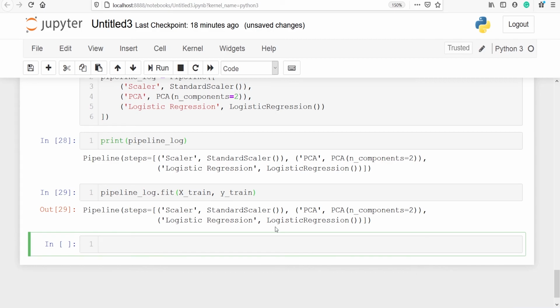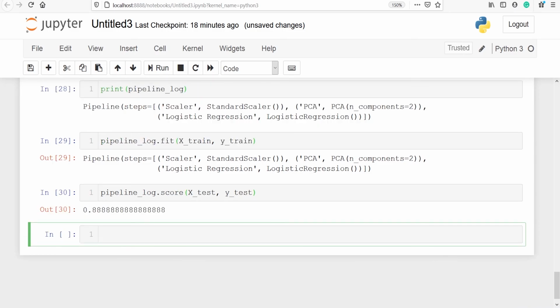So we have fitted it. Now let's calculate the accuracy. We will say pipeline dot log dot score on X test and Y test. So after applying the PCA, we got the accuracy of 0.88, which is 88%.